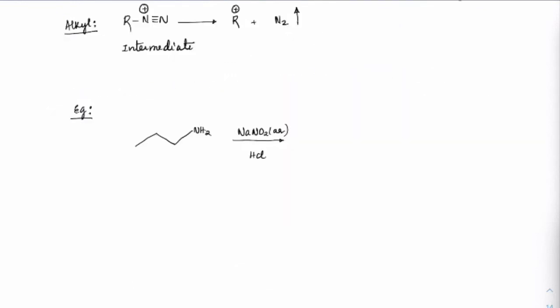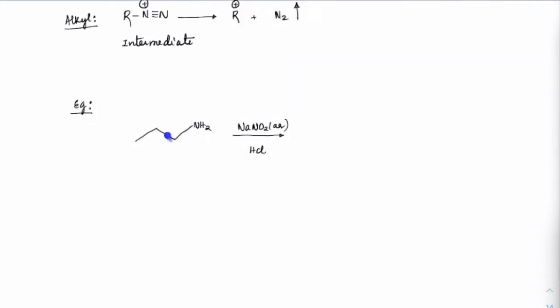So see, for example, if I take this particular alkane, okay, propanamine, this is simple propanamine. If you take this propanamine and try to react with NaNO2, first we will get a carbocation. I am just writing the carbocation here. We will get this carbocation, and this carbocation can get rearranged also. So I can get this carbocation as well as this carbocation. These two will be present. One is with rearrangement, one is without rearrangement.